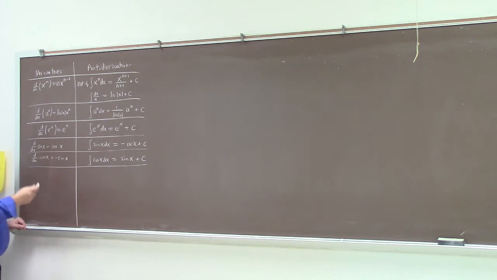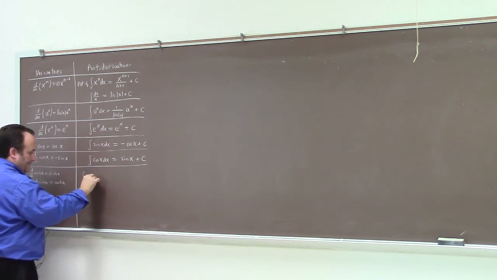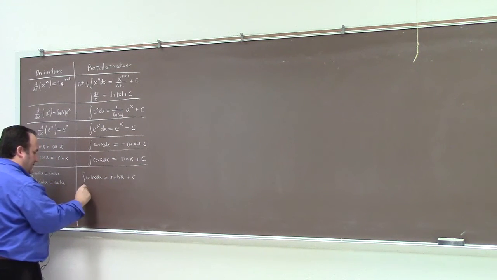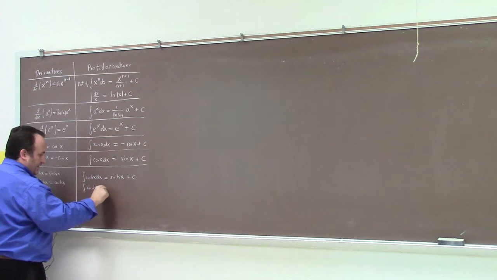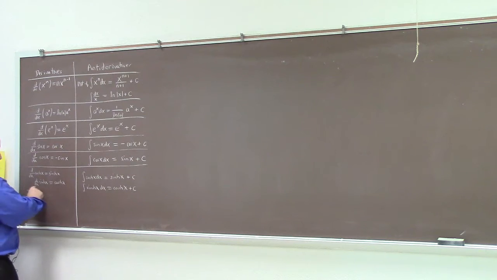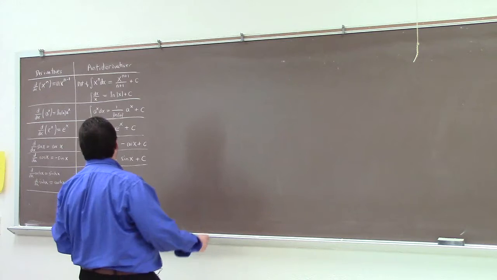What else did we learn about? How about cosh and sinh, right? d dx of cosh x was sinh x. d dx of sinh x was cosh x, right? So likewise, the integral of cosh is sinh, and the integral of sinh is cosh, right? But we also learned other things, right? Like